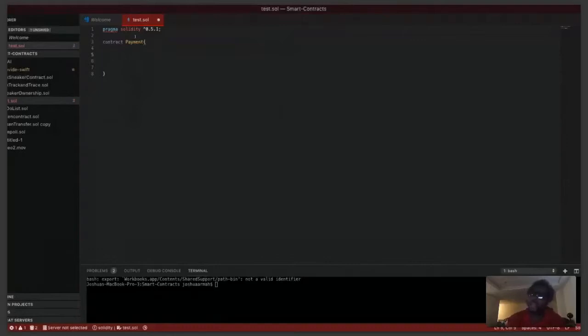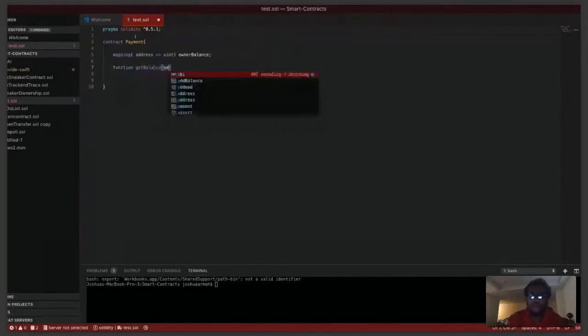And inside of this, I want to set up a mapping from the address to an unsigned integer. And inside of this, I'm going to call this the owner balance. And then when this happens, I'm going to set up one function to get the balance. This function is going to be very simple. It's just going to have an address with the owner